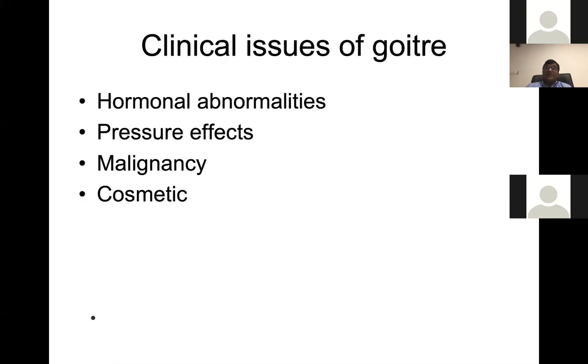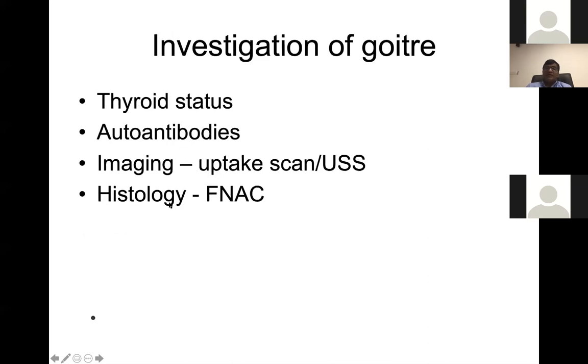So clinical issues are, you can get hormonal abnormalities, pressure effects, the suspicion or true malignancy, and the cosmetic effects. And also, investigate goiter. You generally do thyroid status to see what we are dealing with. Autoantibodies based on whether patient has thyroiditis or not. Imaging, usually ultrasound is the preferred initial form of